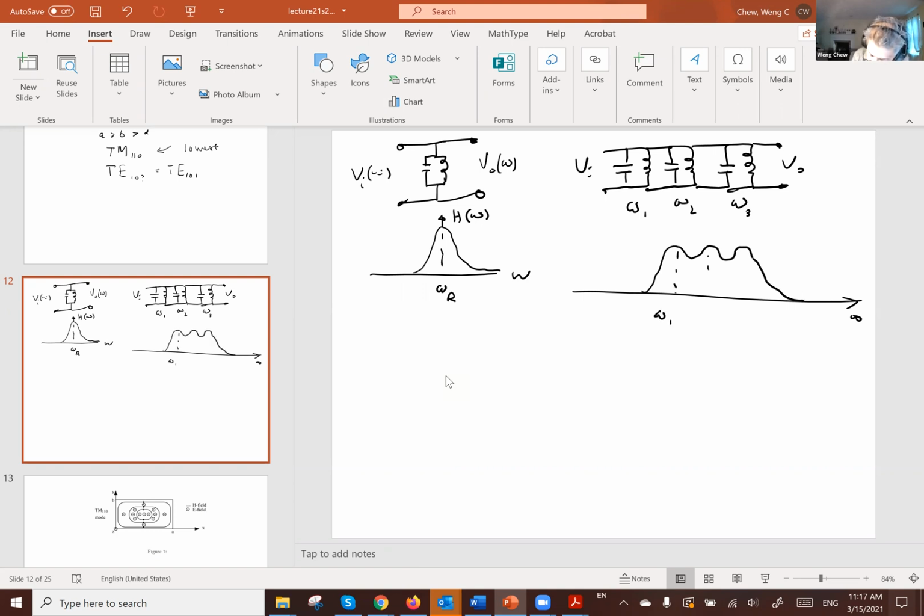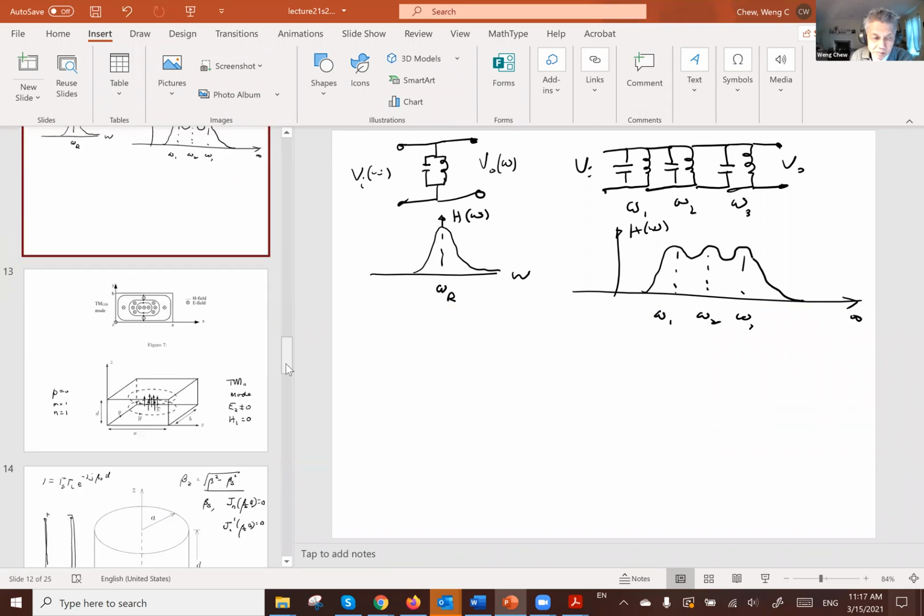This might be omega 1, this might be omega 2, this might be omega 3, and the transfer function will look something like this. Okay, so you get the idea. With the concatenation of a whole bunch of resonators, you can design filters. And this can also be used in